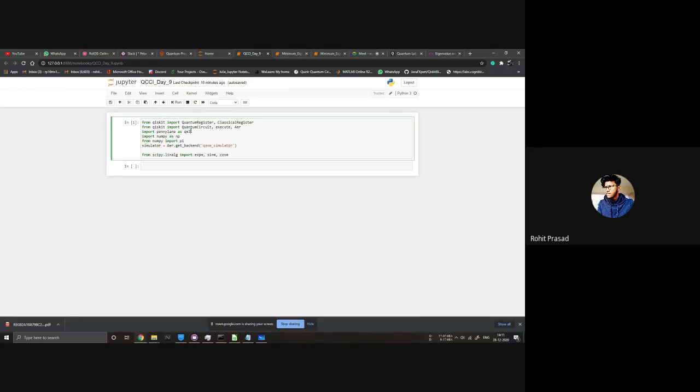Just like Qiskit, there is a module named PennyLane, which can also be used to program a quantum computer, but the programming will be done on a simulator only, not on the actual quantum computer, as far as I know. And this is NumPy. You would have read about it. I have imported NumPy as np, I have imported pi from NumPy, and I have defined a simulator. That's your quantum simulator.